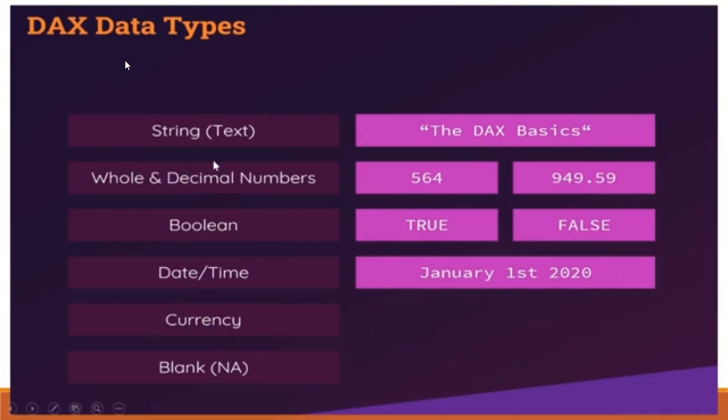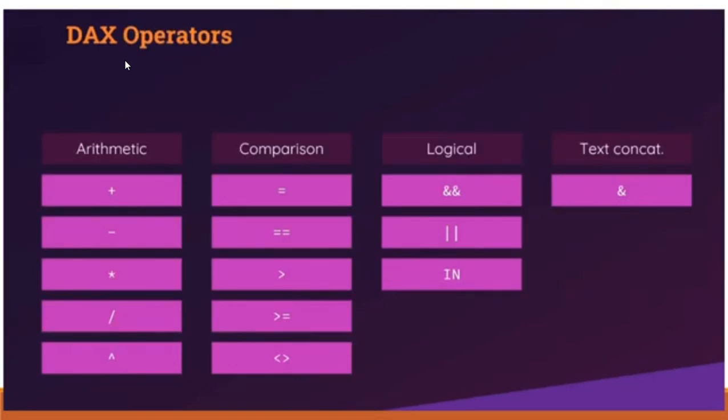So basically, these are the core data types that DAX ships with, the data types that the DAX language can interact with: text, numeric, Boolean, date time, currency, and blank. Now coming to operators. What exactly do I mean by operators? Operators help us to perform calculations and also to combine information from different columns. If I want to add values present in two columns, I can use the arithmetic operator plus. If I want to compare one value present in one column with another value present in another column,